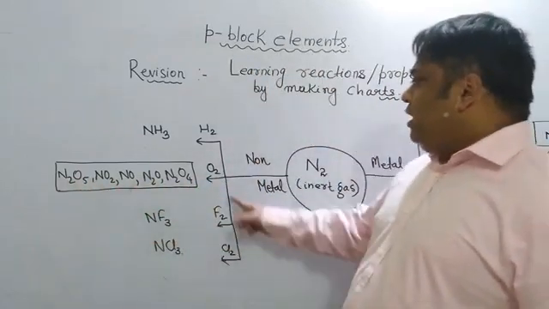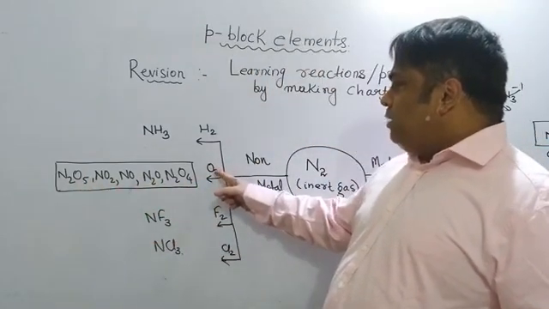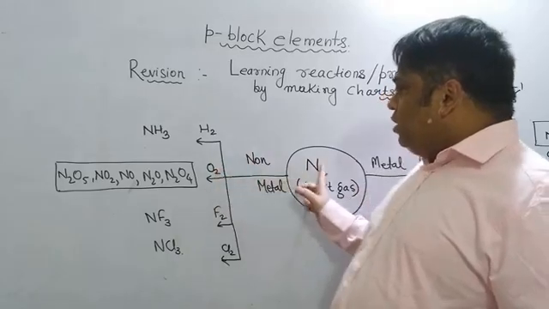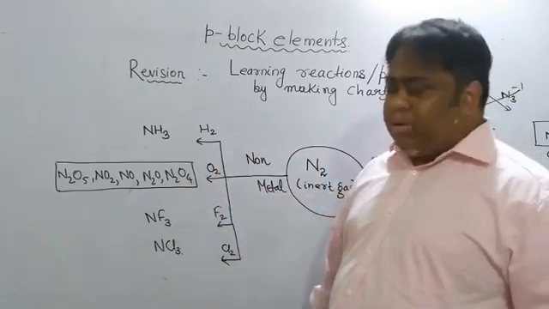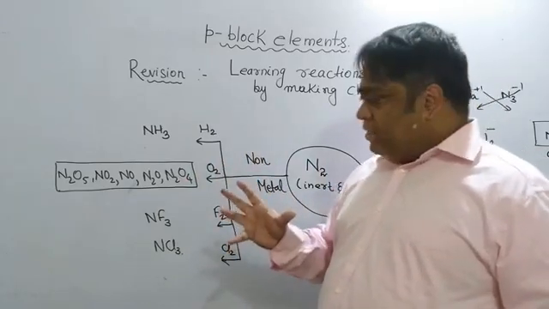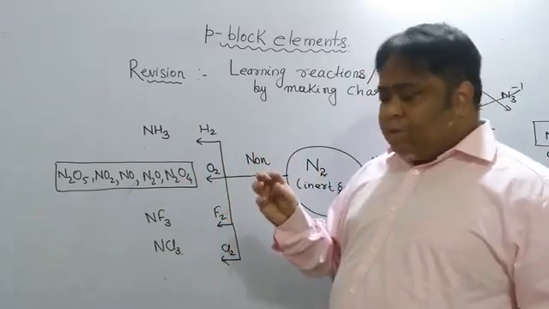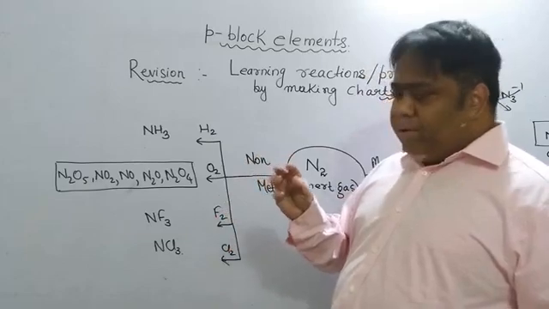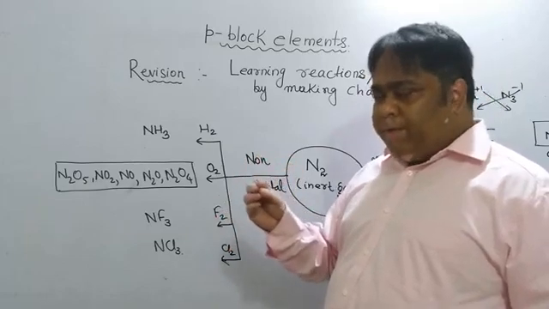But if you see any other non-metal like oxygen, after that comes what? Sulfur. Does nitrogen react with sulfur to form any molecule? No. Why so? Because the size of the sulfur atom is very big and the size of the nitrogen atom is too small. So even if they come close to each other, the bond which will be formed will be very